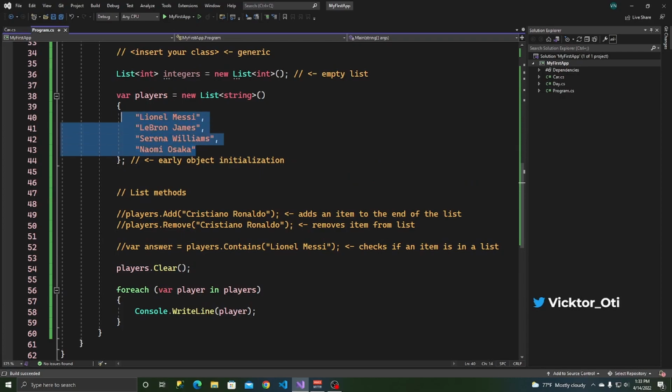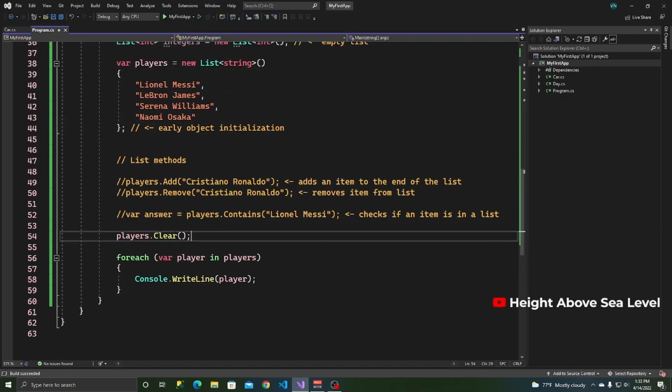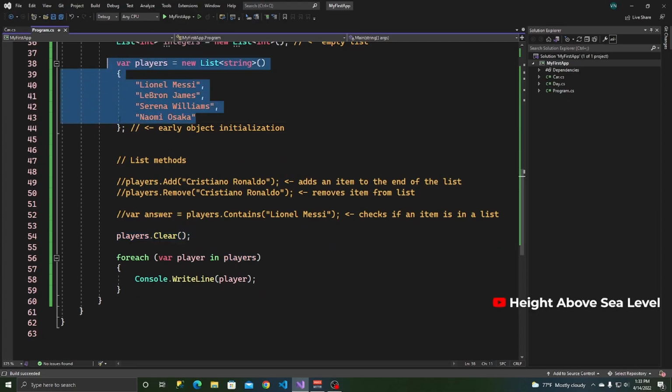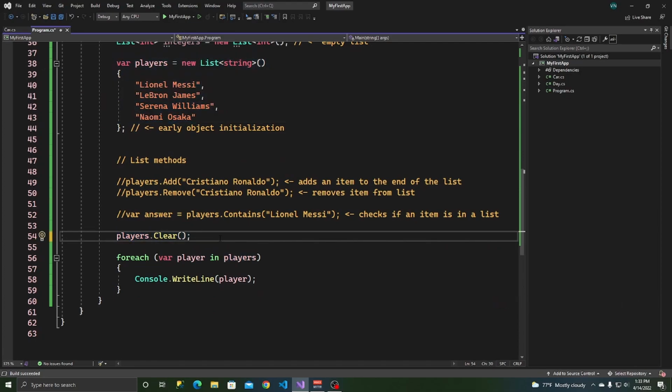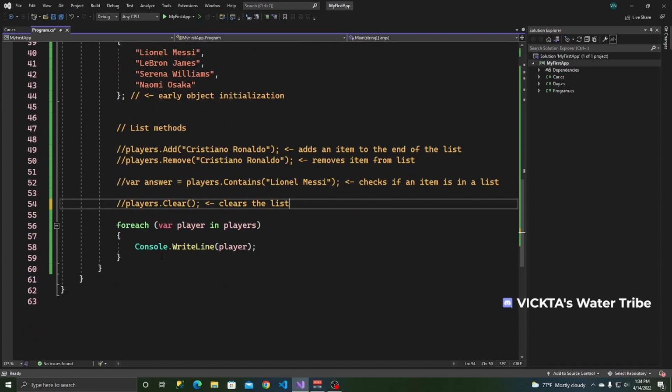It depends on if you want to use it in your application. If you want to, go ahead, but if you use clear, it clears everything inside the list. So it clears the list. Simple as that. All right, as I'm winding up, I want to show you that you can also use lists